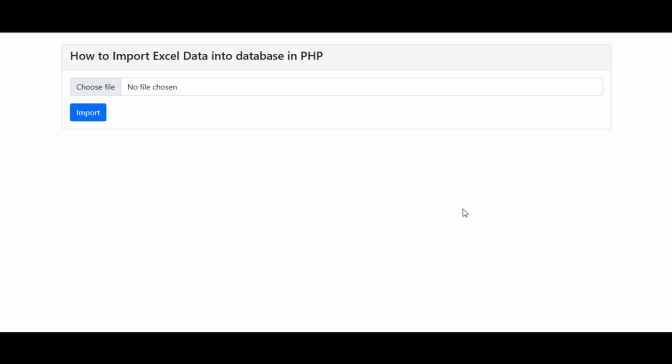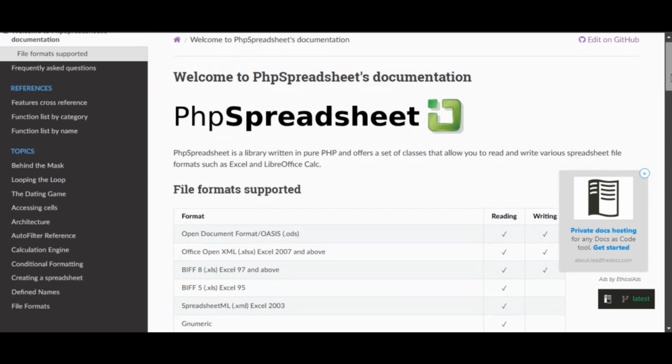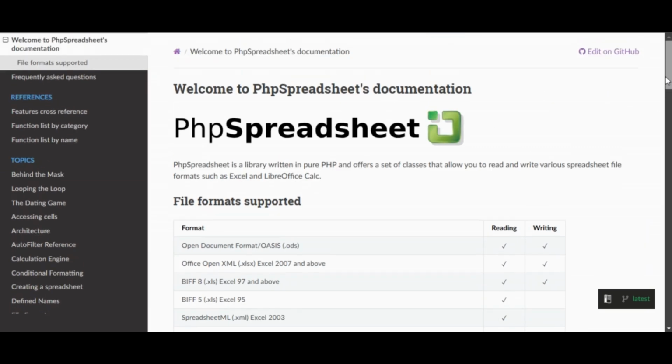In today's video, I'm going to show us briefly how to import Excel data into a MySQL database using PHP. But the interesting thing here is that it's not just PHP alone. There's a PHP plugin here called PHP Spreadsheet. In the course of my research yesterday on how to import Excel, not just CSV, into